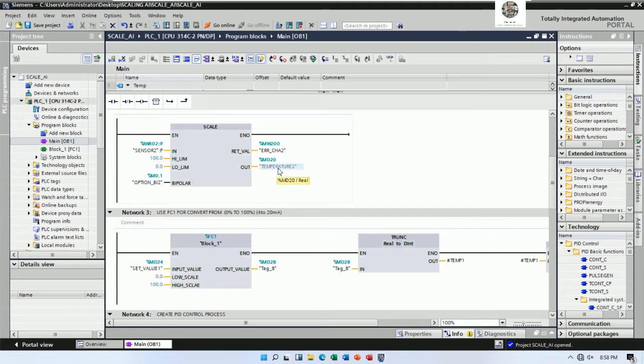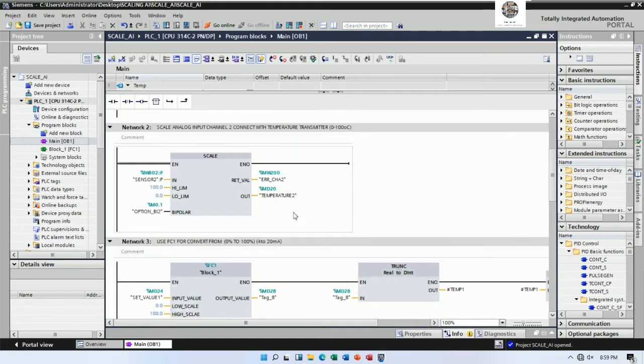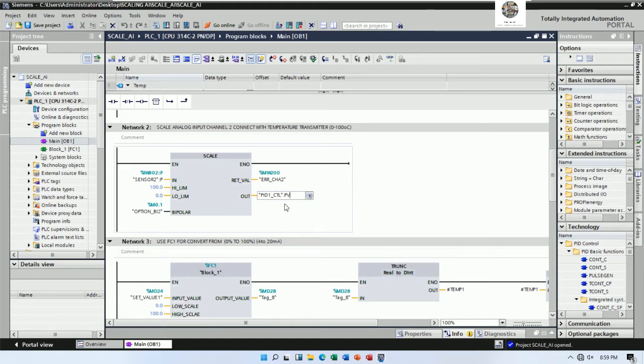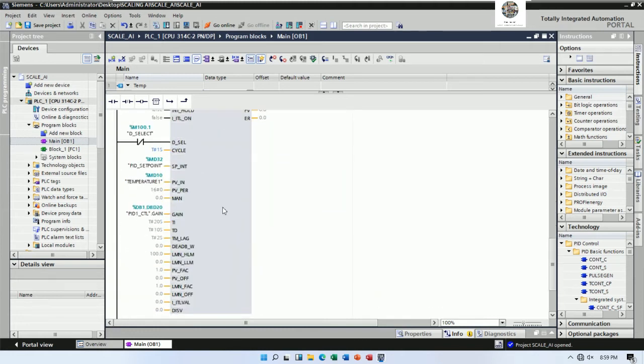And then this one we can change to be PID1_CTL.PV, yes. So when the input comes here, example 150 degrees Celsius, it is the scale, so it will generate here, and then here we can use